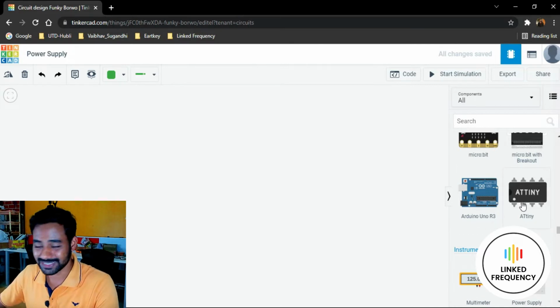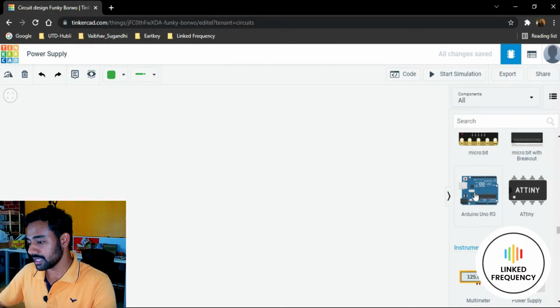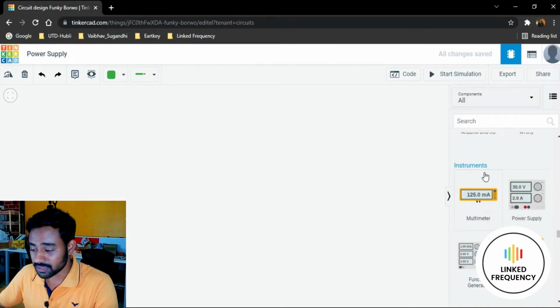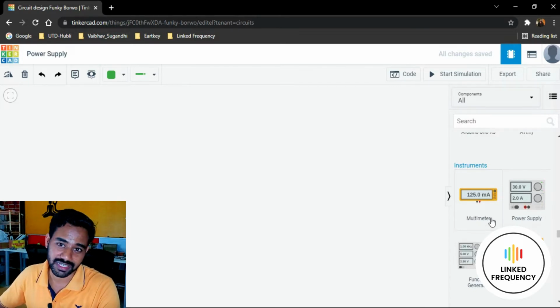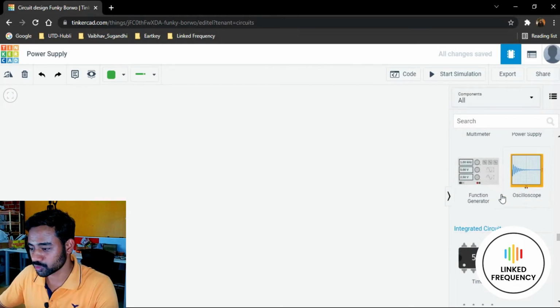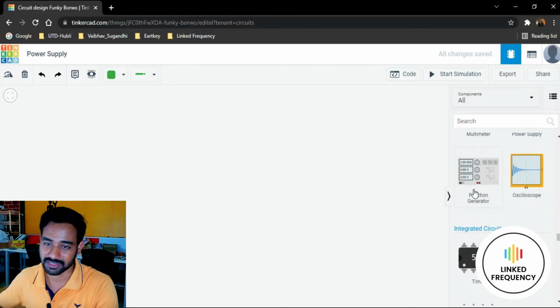Whichever looks like an IC is a controller or a processor, whatever it is. But whenever it looks like a PCB or assembled board or something, then it is a development board. It is not going to be a controller or a processor. Okay. Thereafter we have certain instruments here to measure voltage, current, and different parameters while doing experiments and all. Okay, so we have oscilloscope, function generator to generate some signals and all.